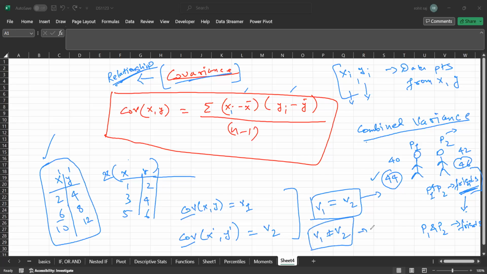This is the real scenario and this is the ideal scenario. Now, the real scenario is not matching up with the ideal scenario. Hence, this is not reliable. Although we can calculate covariance, still it is not reliable because its value will change if I apply some kind of operation